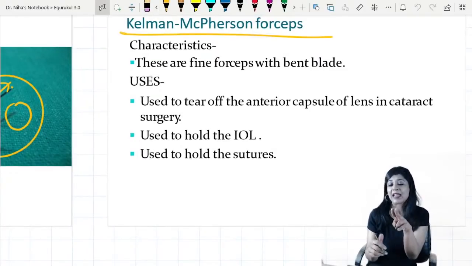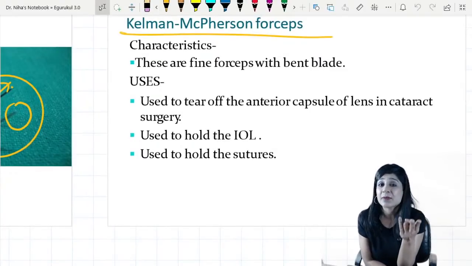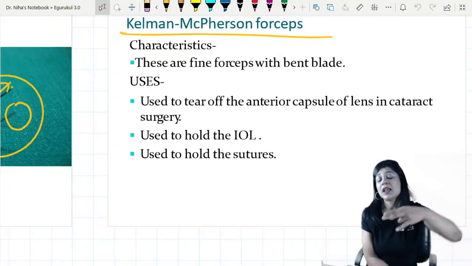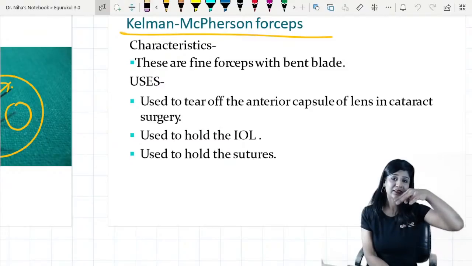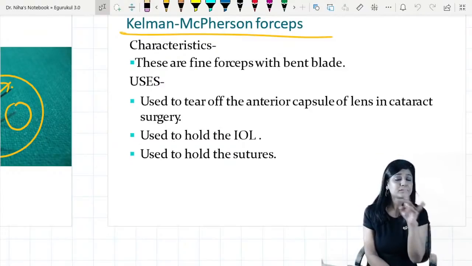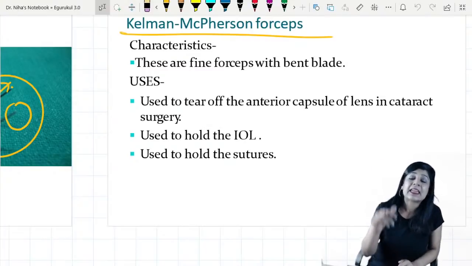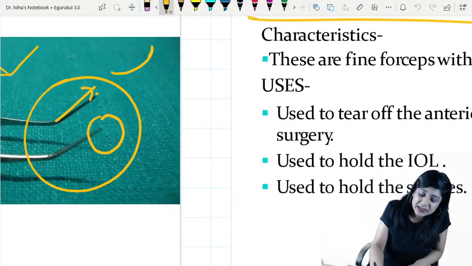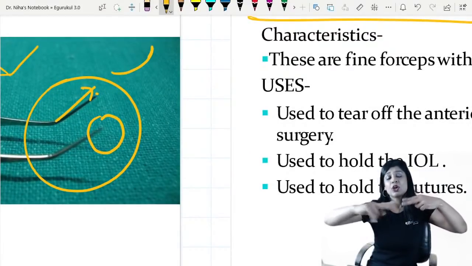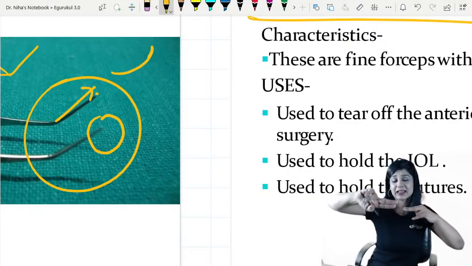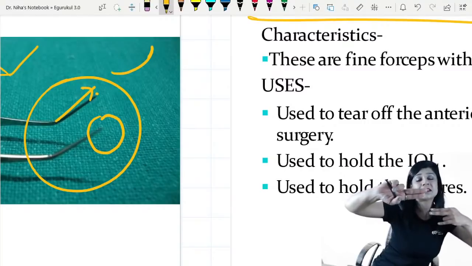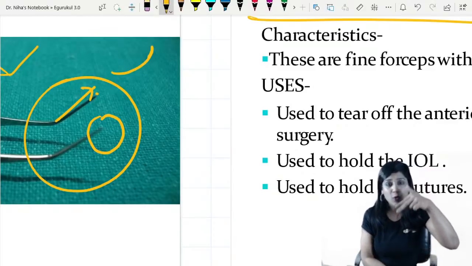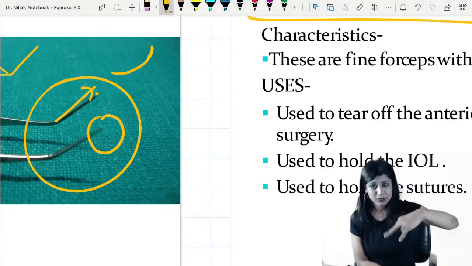Second thing, in order to hold the IOLs, the intraocular lenses, you have very less space, and from that very less space through the AC you have to take the IOL. So you require something curved to take it inside. For that curve, actually we use this Kalman-McPherson forceps. Secondly, for suturing, when you have to hold that needle, in cases of eye, the needles are curved, something like this, you have to take it like this. You cannot use a straight forceps because it is curved. So for that also we require this Kalman-McPherson forceps. So as an alternate for the anterior capsulotomy you can use it. Then for holding the IOLs we can use it, and for holding the suture tying also we can use it,